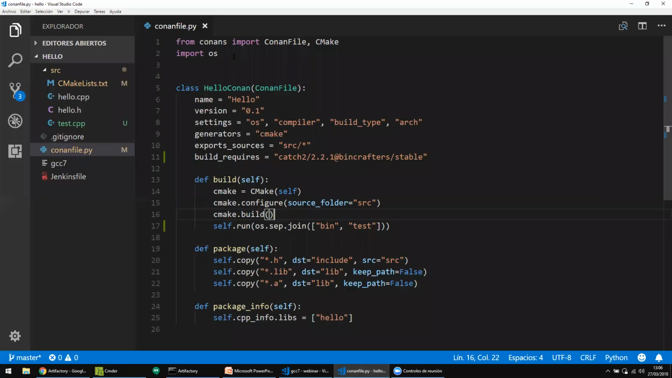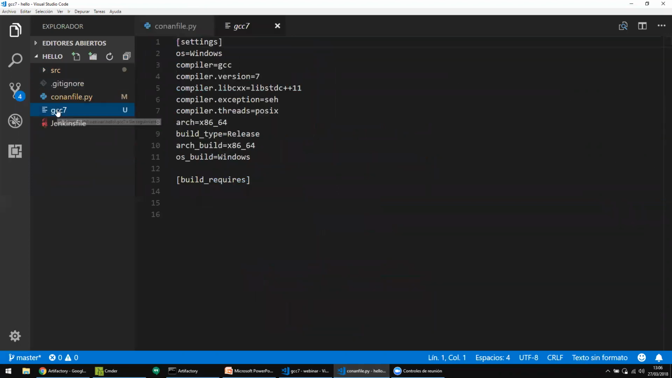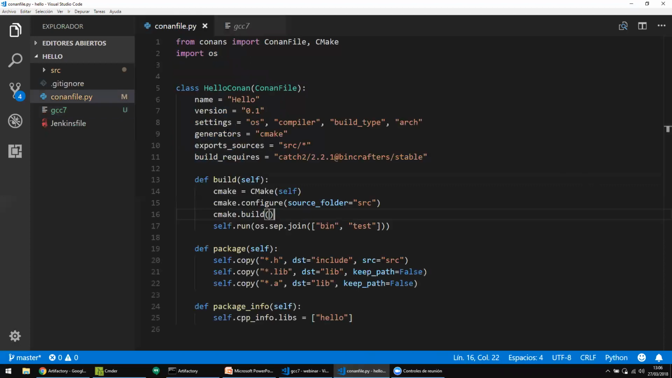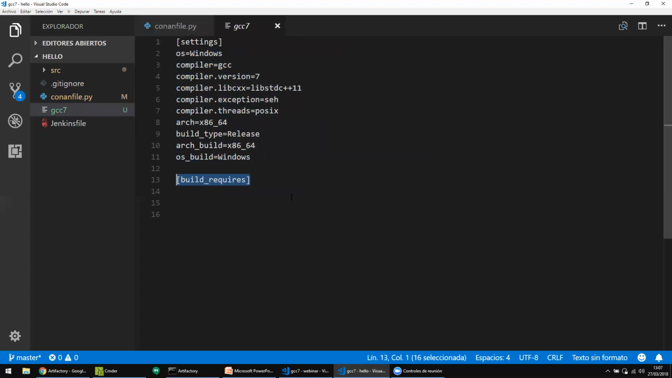So I'm going to show you a profile here. It's just a text file like this one. If you remember the settings that I was entering in the command line, instead of typing them again and again in the command line, I can use a profile that is this text file, and I can provide this text file as input to my conan create command. Okay. So in this profile, I can specify also build requires. It's the same concept as I used here for catch, but in this case, I want to specify it in my profile. So I'm going to specify that I have a dependency to MinGW